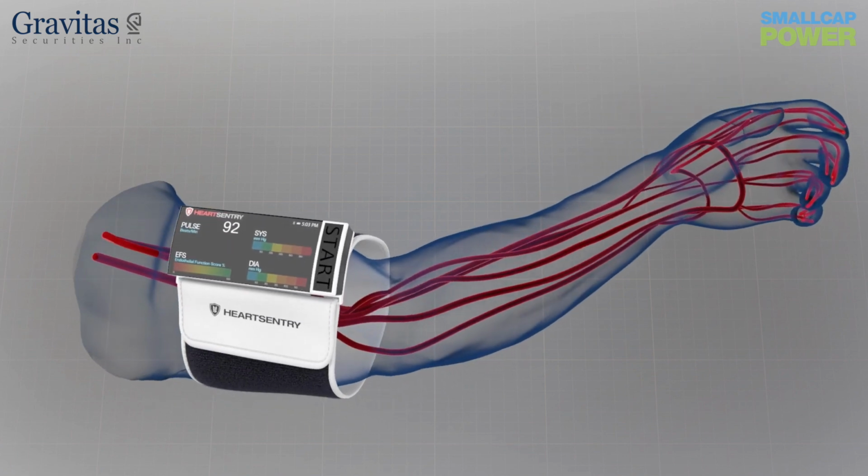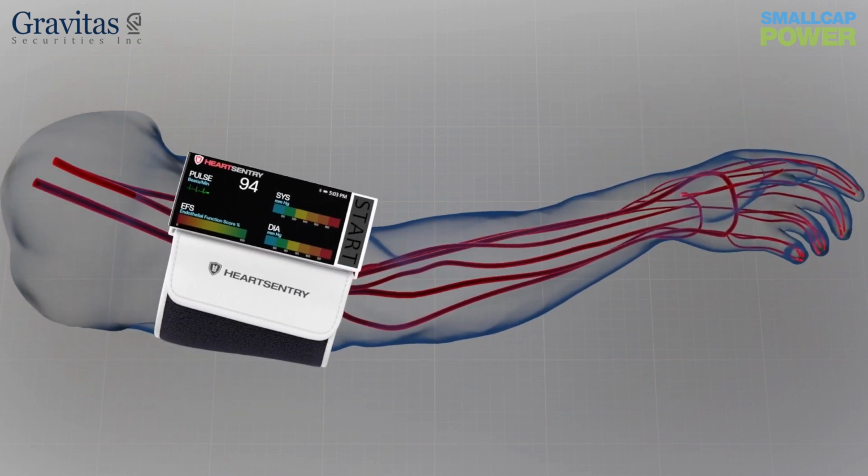So how does Heart Sentry work exactly? Is it something that you wear on your body all the time, or is it something that you can take on and off? And what exactly does it measure? So the Heart Sentry will show up looking like a blood pressure cuff. Everybody's familiar with a blood pressure cuff. It goes on your arm, it squeezes, and it measures your blood pressure. Heart Sentry does the same kind of thing, except it's measuring